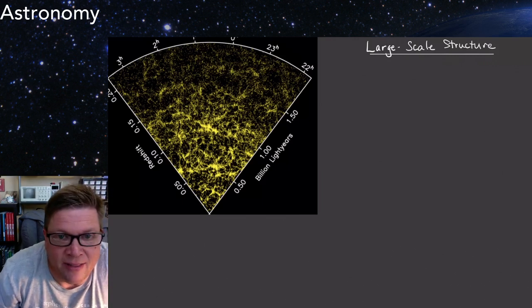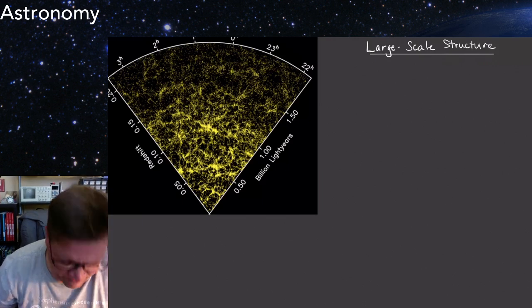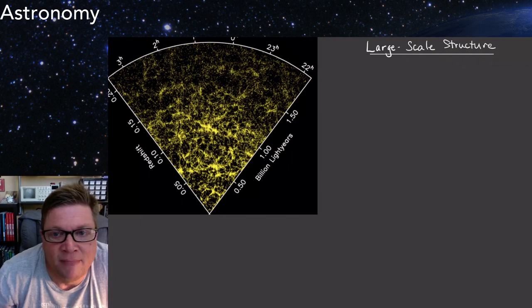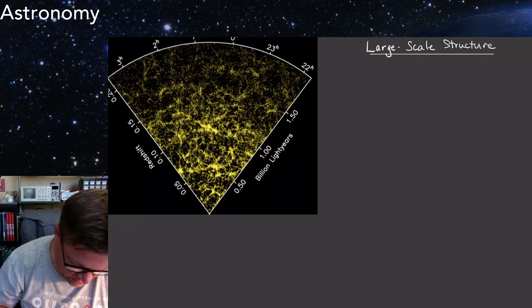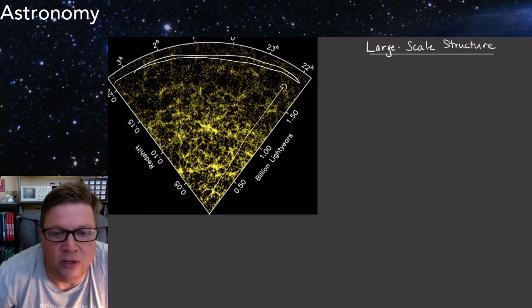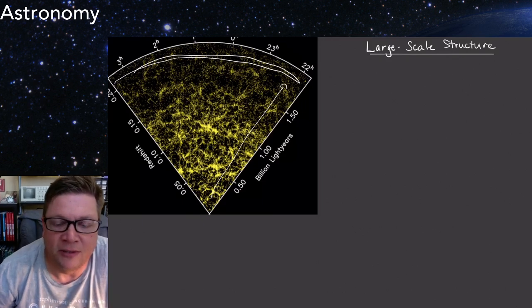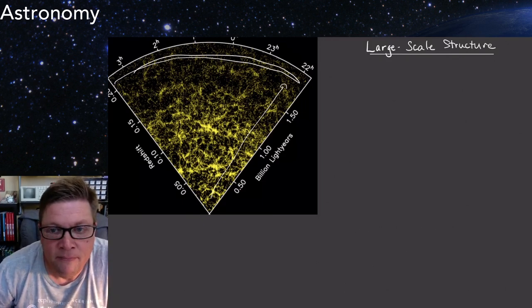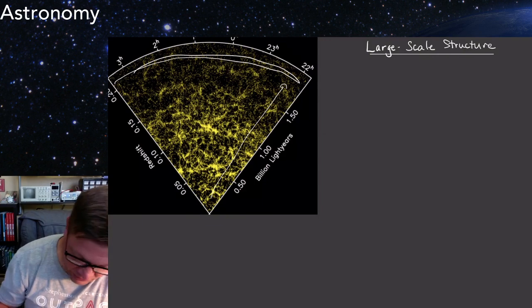And what we get out of that is something that looks like this. It's sort of a pie slice. Here, all the way across, is our strip of sky. We get these distances, so we're looking back into the universe when we do this. And what we see is this large-scale structure, which is the same